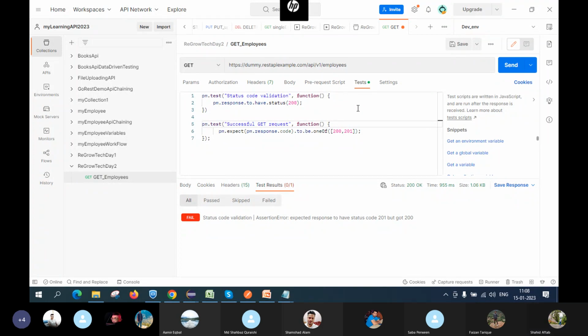शमशाद बताओ। दोनों पास होगा। तो अब हम इसको सेव करते हैं, और अब हम इसको रन करते हैं। करेक्ट शमशाद, देखो दोनों का दोनों पास हुआ है। और यहाँ पे लिखा है सक्सेस गेट रिस्पॉन्स, ये वाला ही पास हो गया स्टेटस।